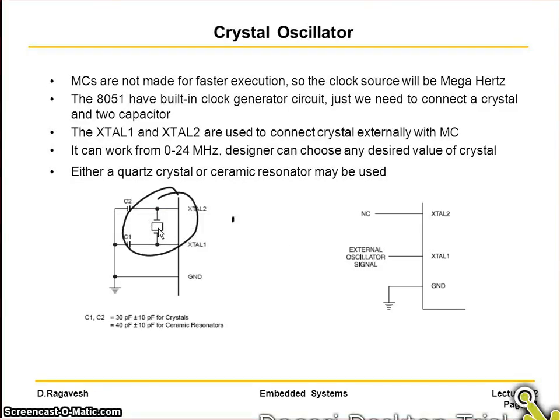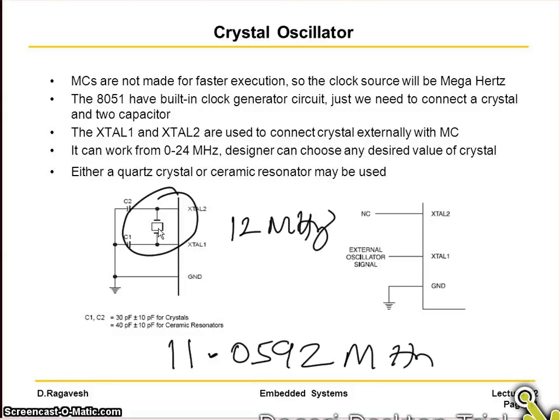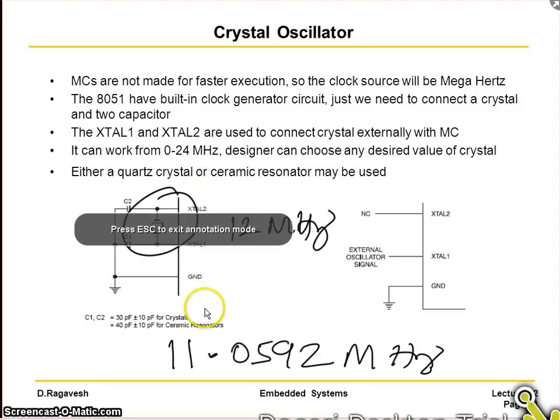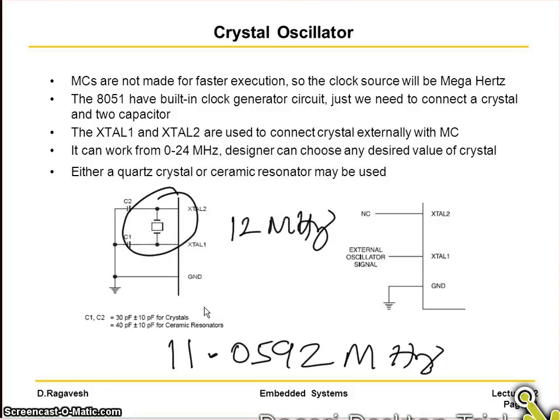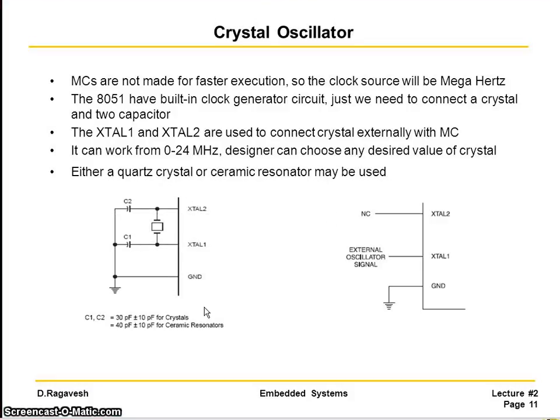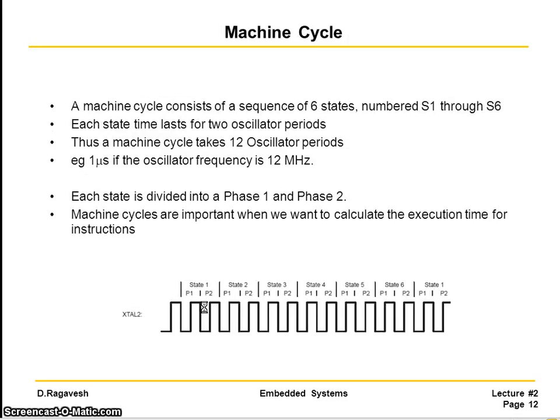If you connect, let us say, a 12 megahertz crystal, we will be producing a clock at the rate of 12 megahertz. We can choose the crystal, or decide the speed of operation, whereas we always go ahead with a specific number here, the 11.0592 megahertz crystal. This is one of the standard crystals used in 8051 applications, and the reason why we will be discussing in our upcoming videos. And you can see this is a machine cycle which the crystal oscillator will produce.